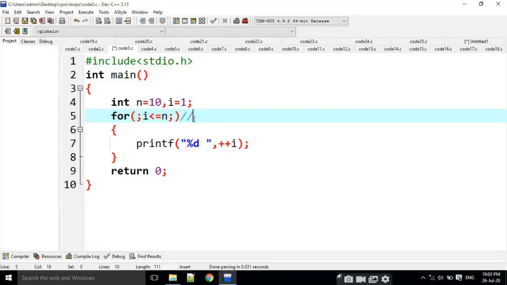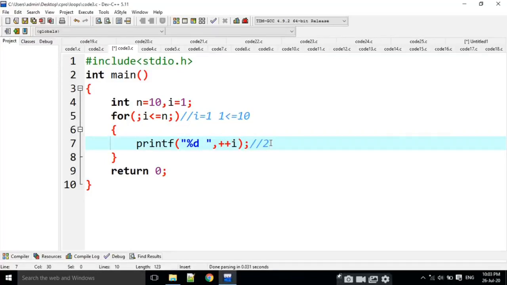Here also it is the same, but instead of I plus plus, it is going to be a pre-increment here. Then what will happen here? First of all, I value is initialized with 1. 1 is less than equal to 10. It is true. Then it is coming inside the loop and it is going to print 2 here. Why? Because it is the pre-increment operator.